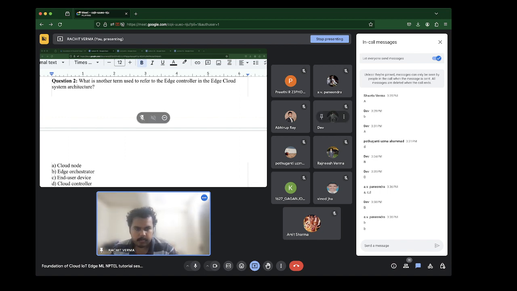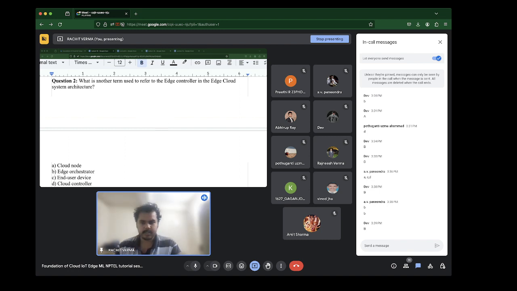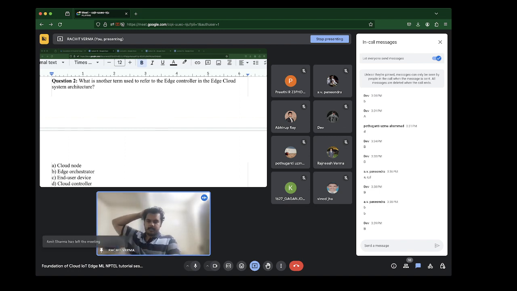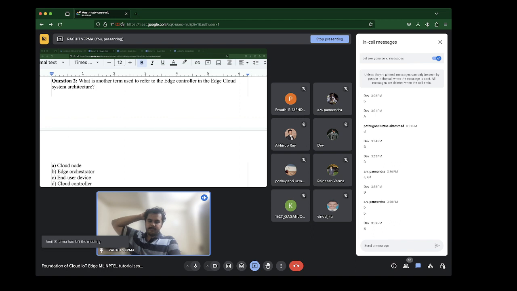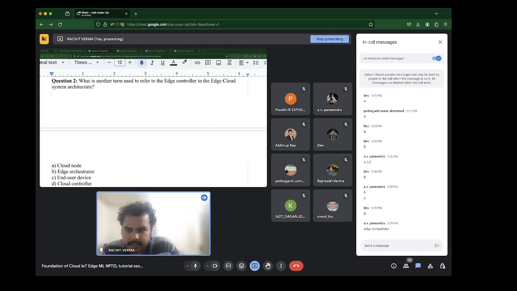Panindra has said B. Any other responses? B. Okay, so this is also simple. If you have listened to what Sir said, the edge controller is also called the edge orchestrator. Yes, you are correct.